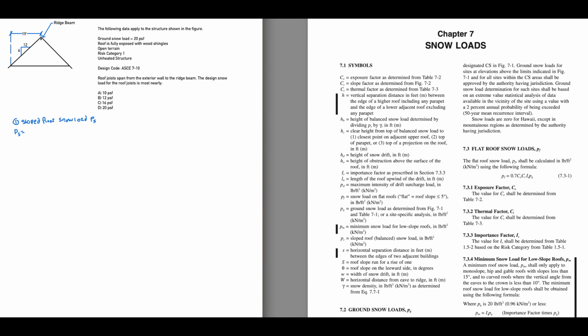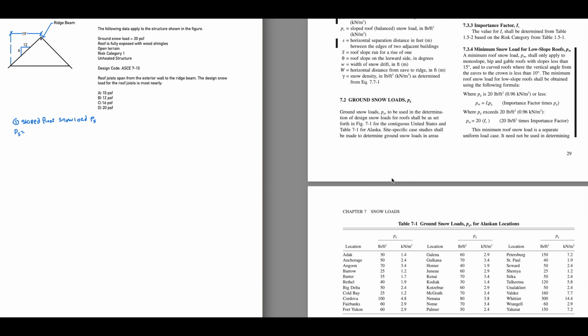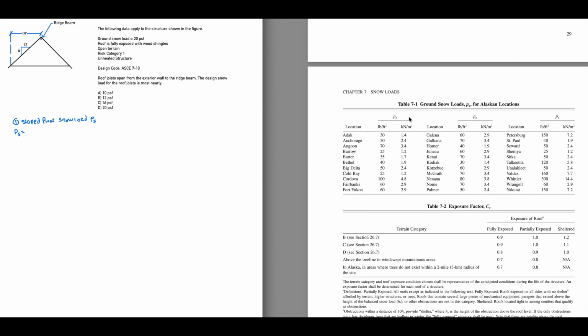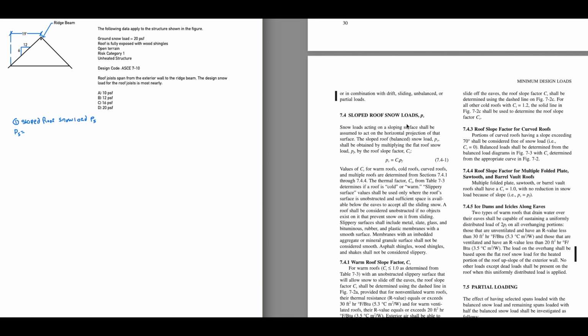Well, we're going to go into ASCE 7, chapter 7, and scroll down until we find PS, right? There's PG, that's what was given in the problem statement as 20 psf. And if we keep going down, we'll find the sloped roof snow load PS. Okay, so PS is equal to